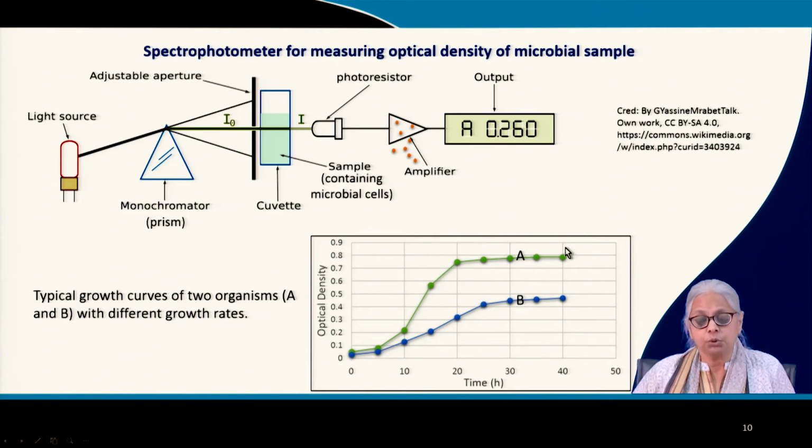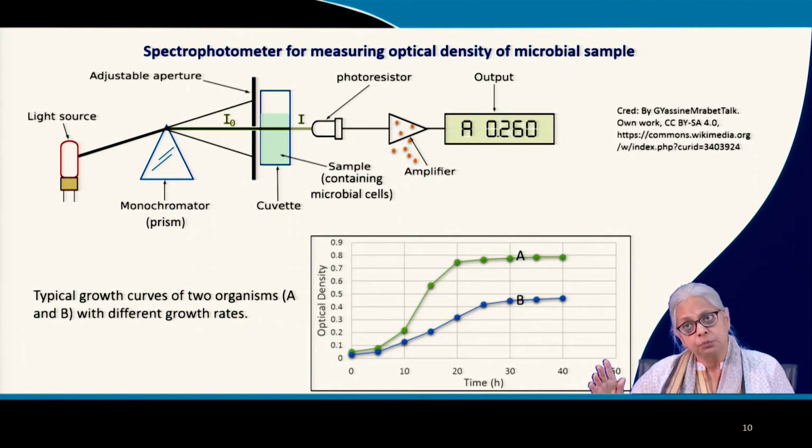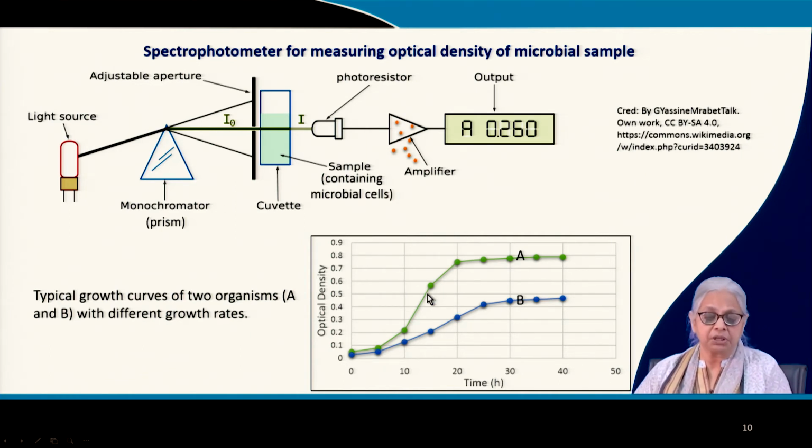As the cells begin to grow, depending on the species, you will get different types of growth curves. So you can see the lag phase, the exponential phase and the stationary phase based on optical density only. So this is a very crude method, and I say it very clearly that it's a crude method. It does not work for low concentrations of substrates. It perhaps works for high concentrations of substrates, and getting calibrations between optical density and the numbers of cells or biomass can be difficult. It can work, but it can be difficult as well.